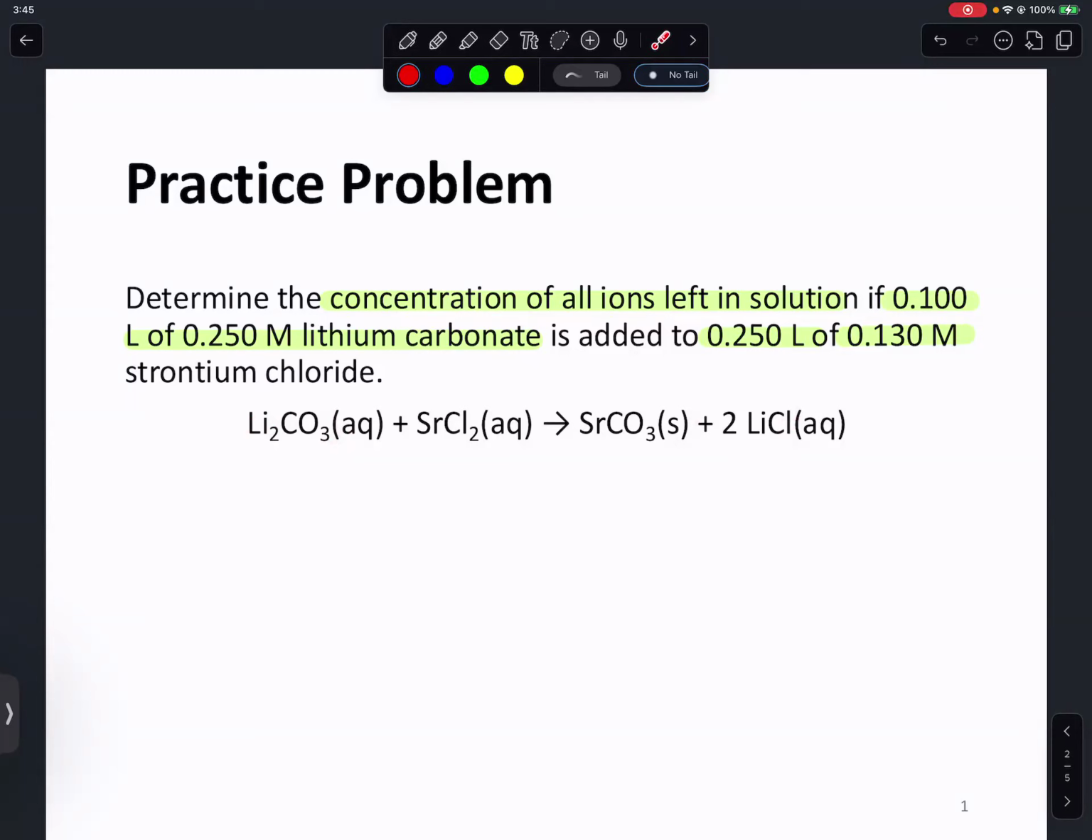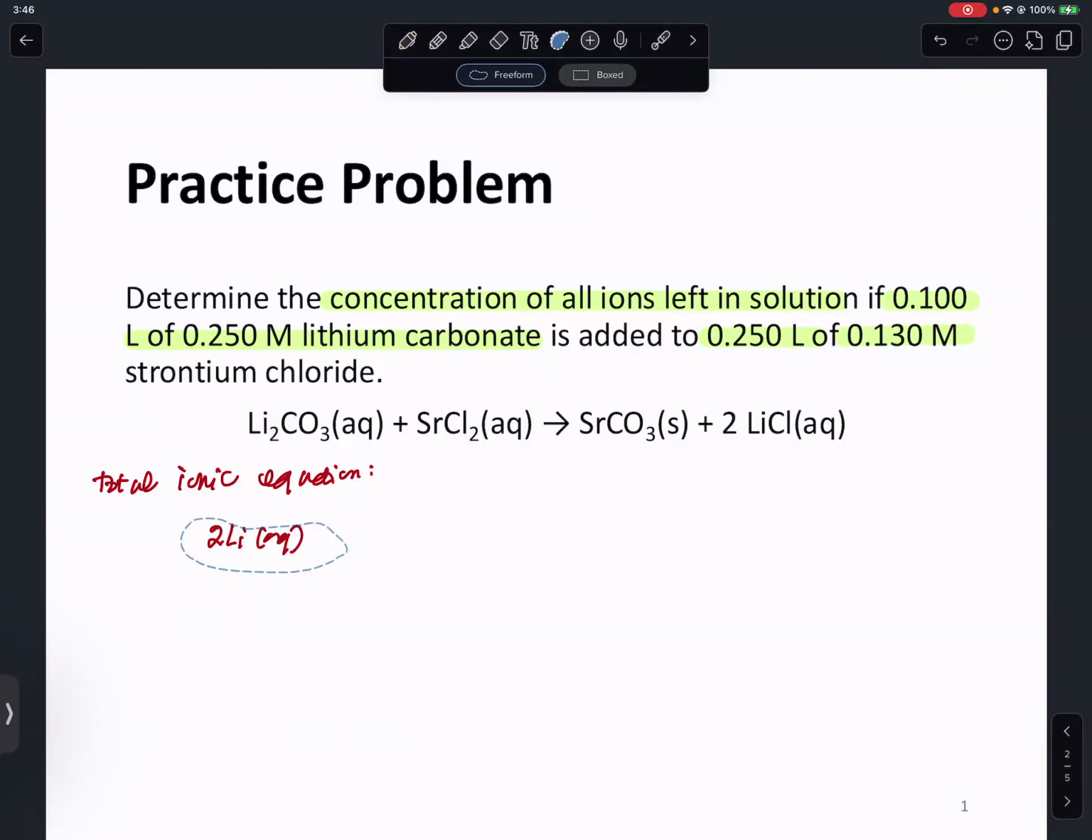Now, we need to write the total ionic equation. And why do we need to write the total ionic equation? To be able to determine our spectator ions. So let's write it together. Starting with the total ionic equation, we have here 2 lithiums